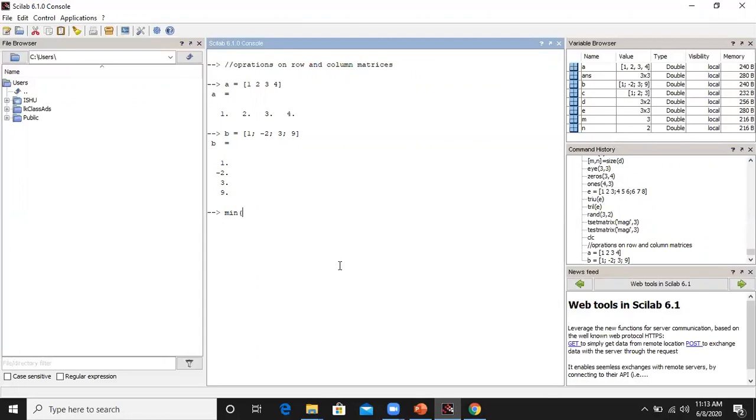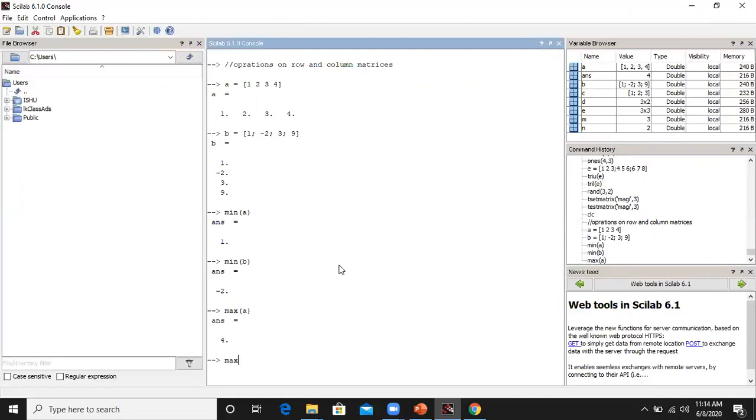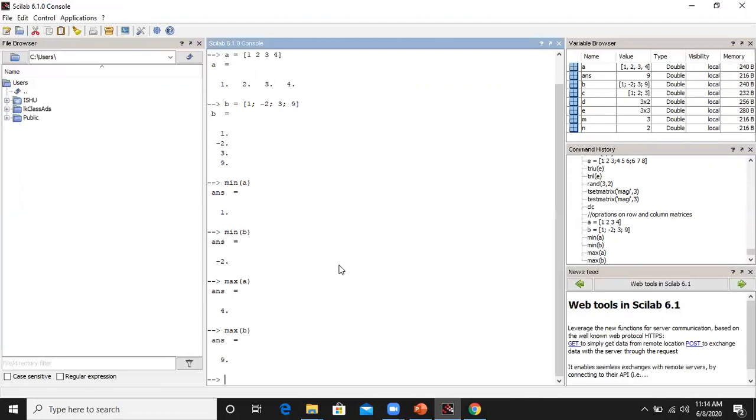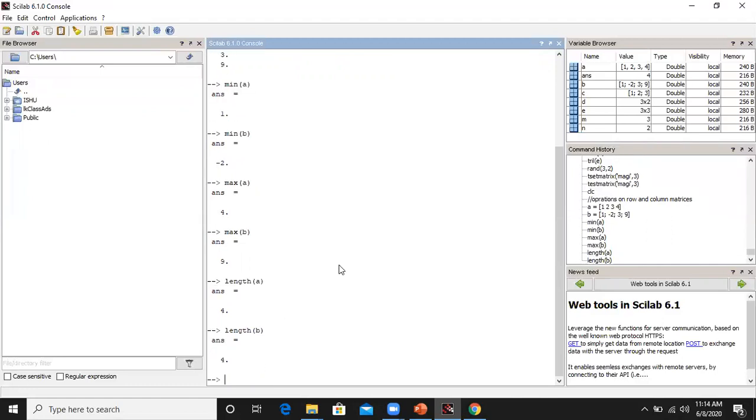So min of the matrix A is 1, then min of the column matrix B is minus 2, then max value of matrix A is 4, and max value of matrix B is 9. Then length of matrix A is 4, and length of matrix B is again 4.